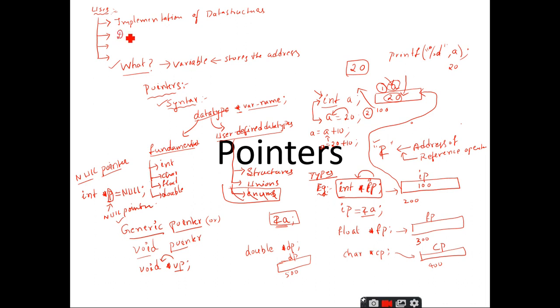What do you mean by dynamic memory allocation? Yeah, stacks and queues too, you can implement stacks and queues in two ways. One is by making use of arrays, which is static memory allocation, and the other is by making use of linked lists, where we use the dynamic memory allocation concept. So the implementation of stacks using linked lists will make use of the pointers concept.